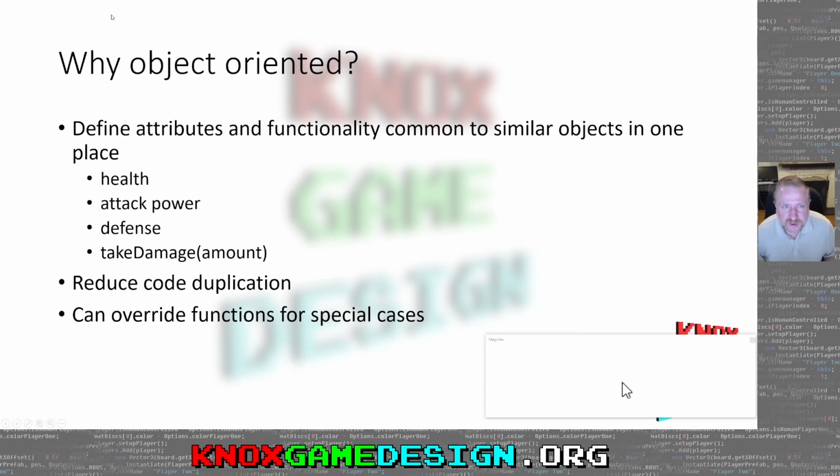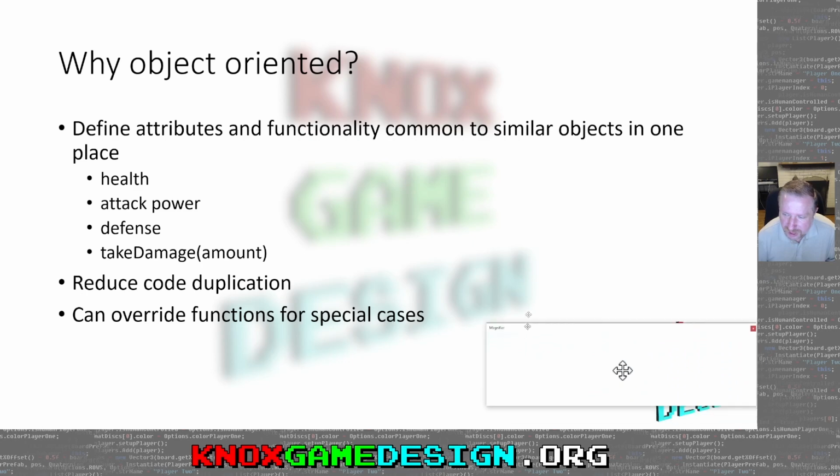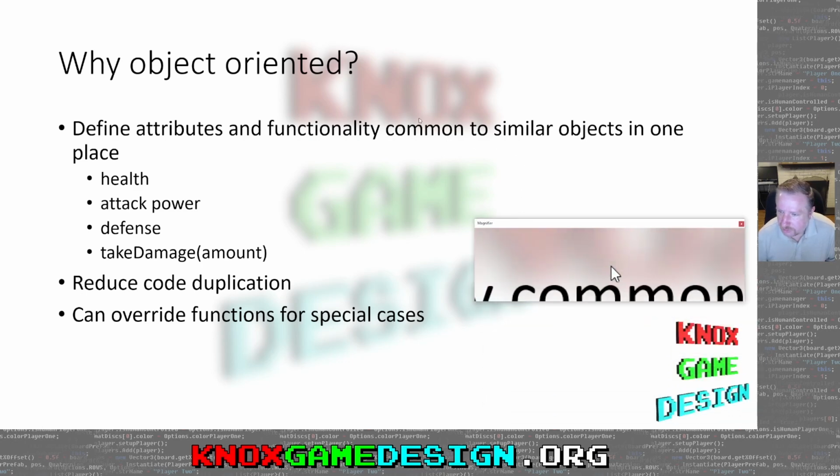So why object-oriented? You can define attributes and functionality that's common between multiple objects in one place, so you don't have to duplicate code, which is bad, because when you start repeating code, then if you have to change it in one place, you have to change it in multiple places. So using object-oriented, you can define things once and then make subclasses, and so you don't have to repeat